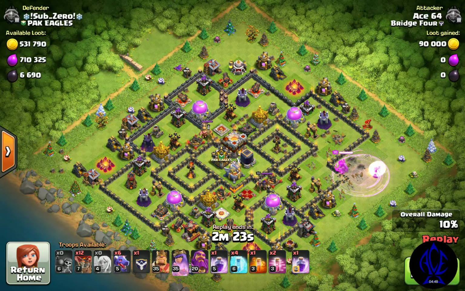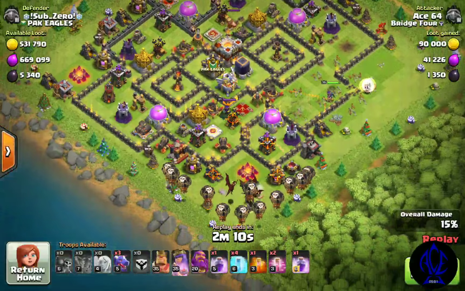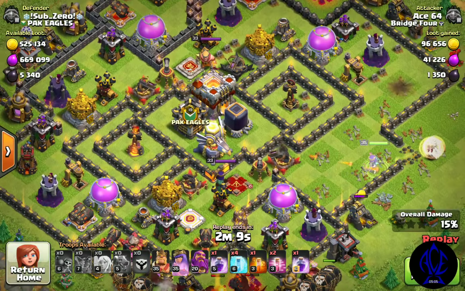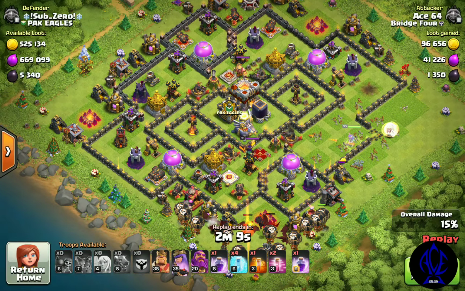So pretty easy stuff. Lots and lots of loot. I wouldn't call him a dead base, but he's definitely been inactive and letting his collectors fill up a little bit, and he's got a lot in his storages. He's trying to protect this Dark Elixir storage. I'm going to pause it right here. He's trying to protect that Dark Elixir storage, and I guess I changed my mind mid-charge